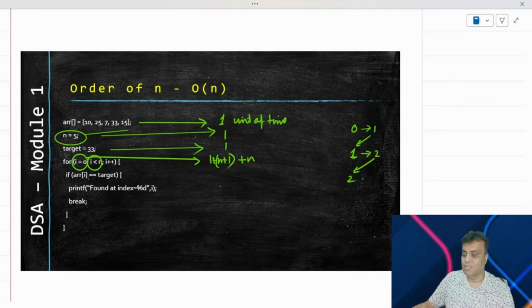With 2 it will enter the next time in the loop and it will become 3. With 3 it will enter the loop, and this will become 4. With 4 it will enter the loop, and this will become 5, right? With 5 it will enter the next time, and then 5 is less than 5 is actually going to make it